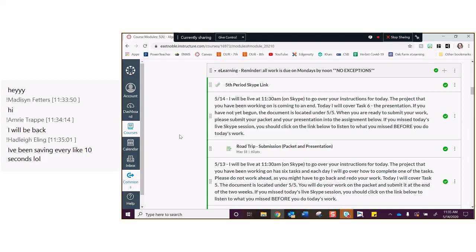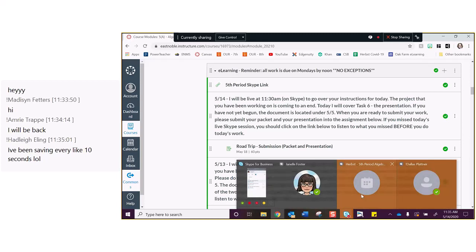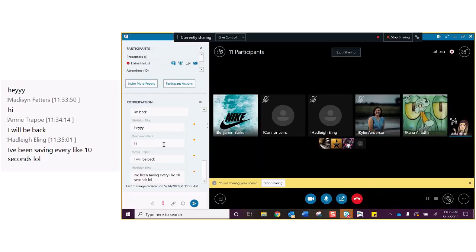So make sure you're checking your email to see if I'm trying to communicate with you at some point. And then I'll get all of that graded. Our grades are due Tuesday morning, so they can print report cards for the first round of students who are going to come into the building on Tuesday afternoon.